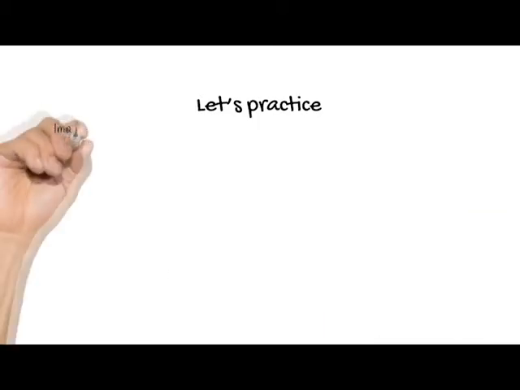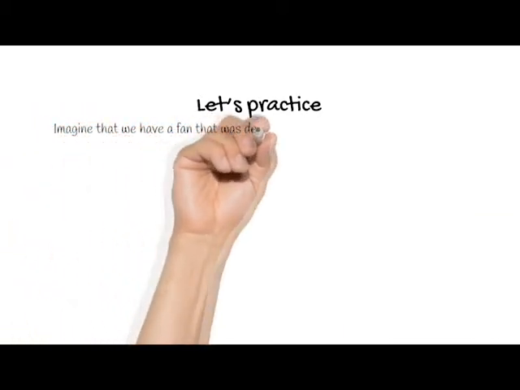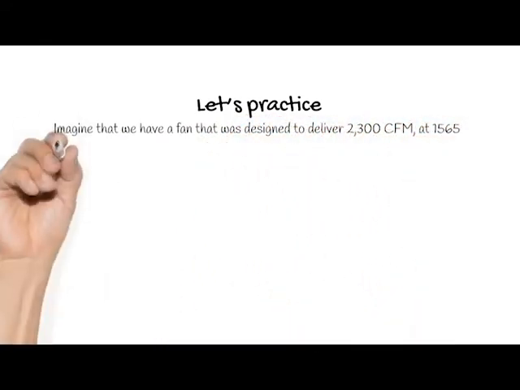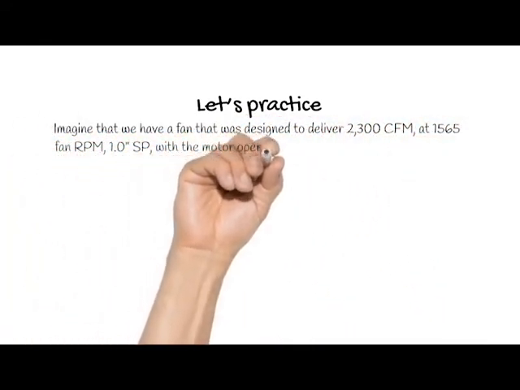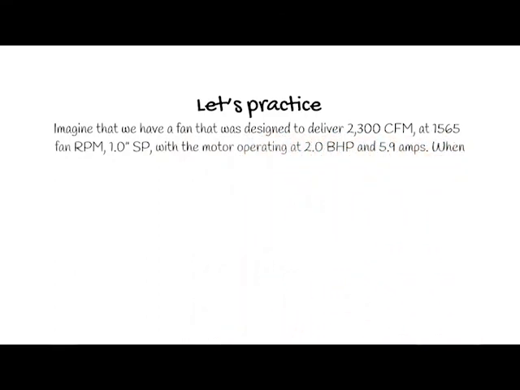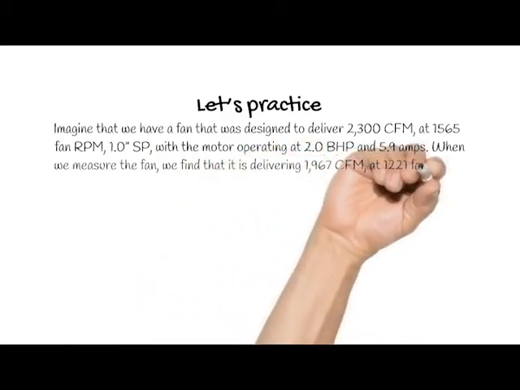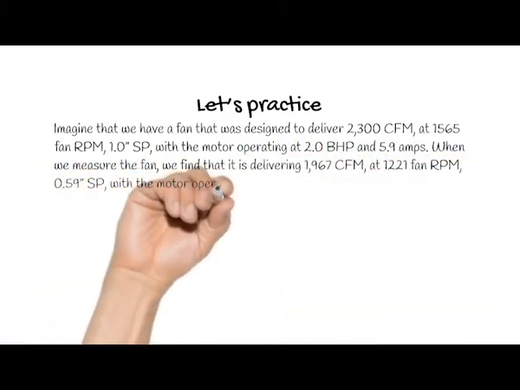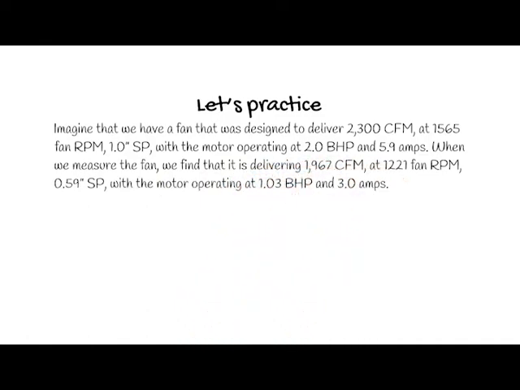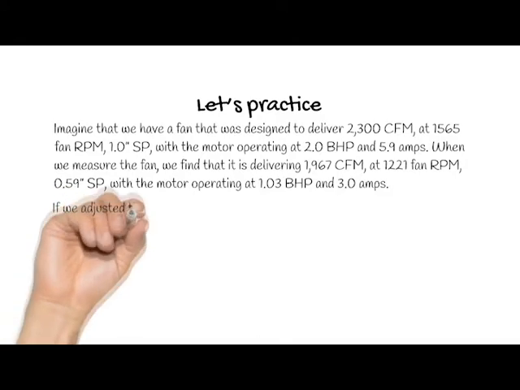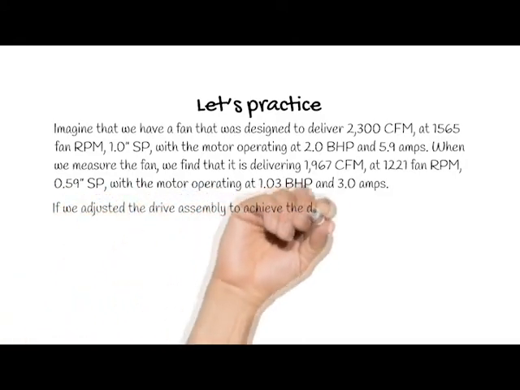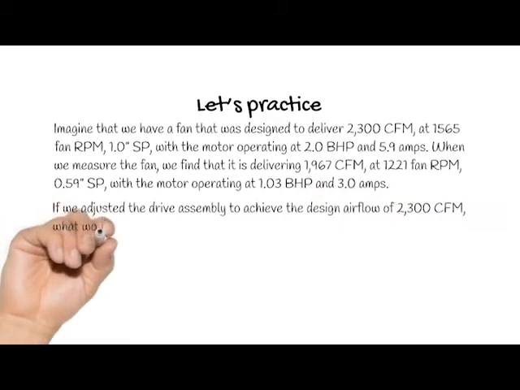Let's practice. Imagine that we have a fan that was designed to deliver 2300 CFM at 1565 fan RPM, 1.0 inches static pressure, with the motor operating at 2.0 brake horsepower and 5.9 amps. When we measure the fan, we find that it is delivering 1967 CFM at 1221 fan RPM, 0.59 inches static pressure, with the motor operating at 1.03 brake horsepower and 3.0 amps. If we adjust the drive assembly to achieve the design airflow of 2300 CFM, what would the new operating